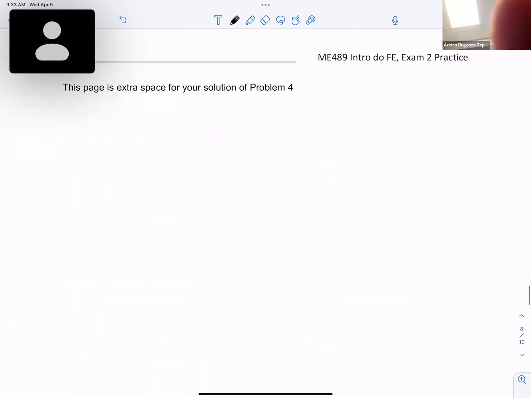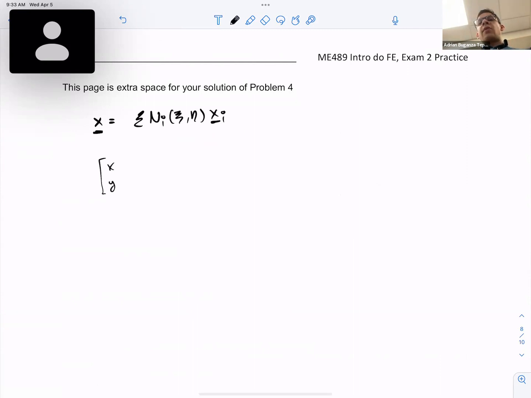I have extra space here. So the isoparametric map is just the X vector is going to be the sum of the shape functions evaluated at psi eta times the nodal coordinates. And I just do it with the vector notation. So these are X and Y components. So if you want to put it in X, Y components, the X and Y components are going to be the sum of the shape functions. So the first shape function evaluated at psi minus 0.5,